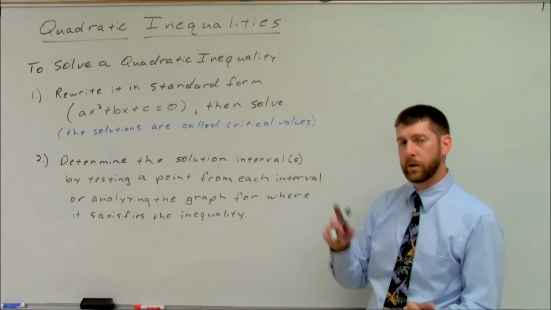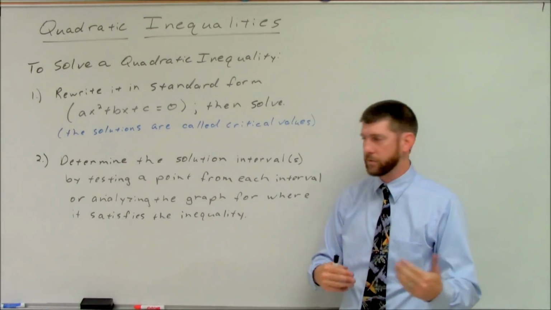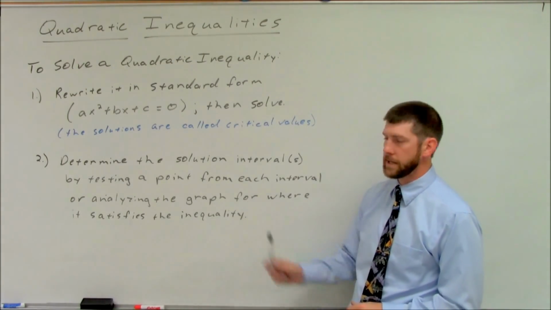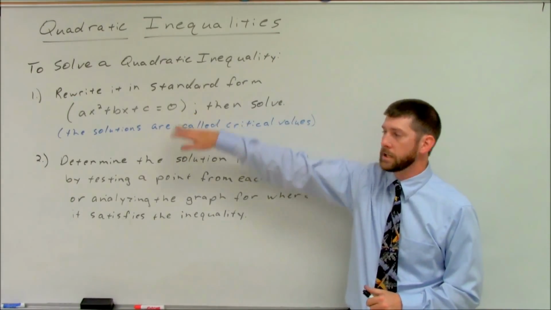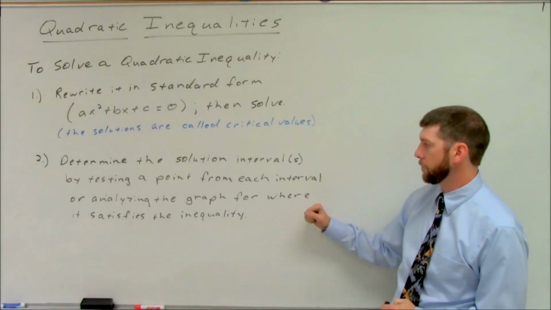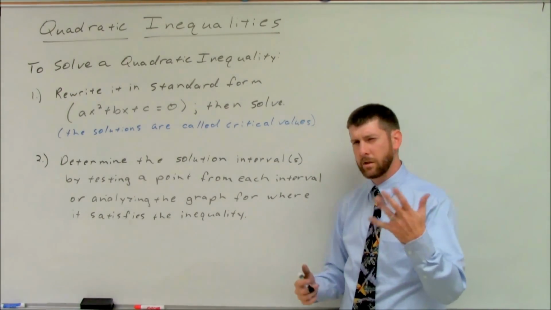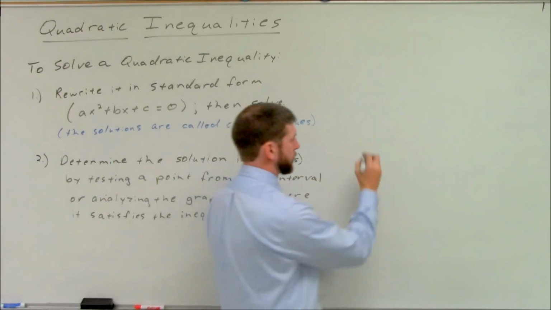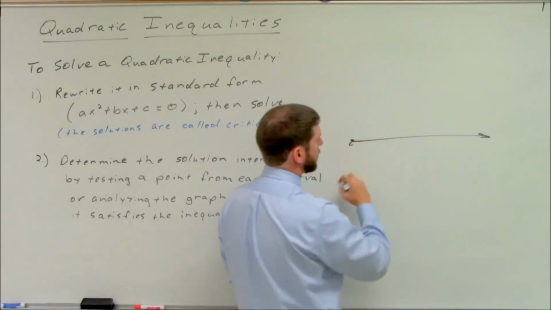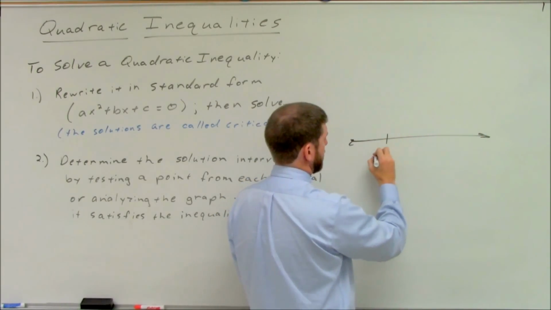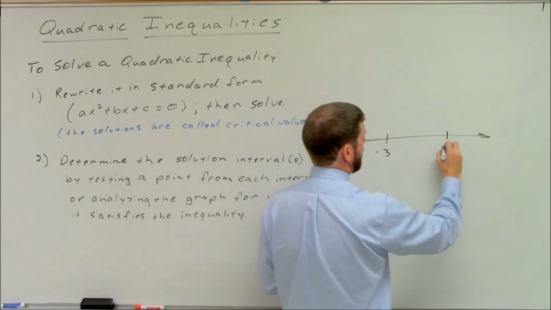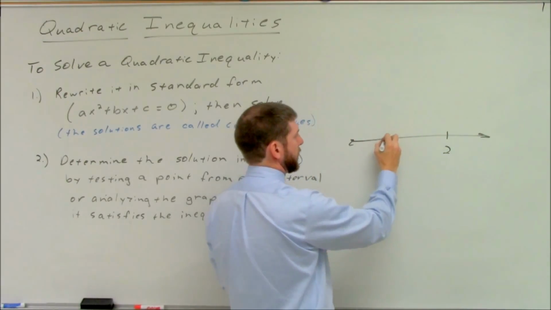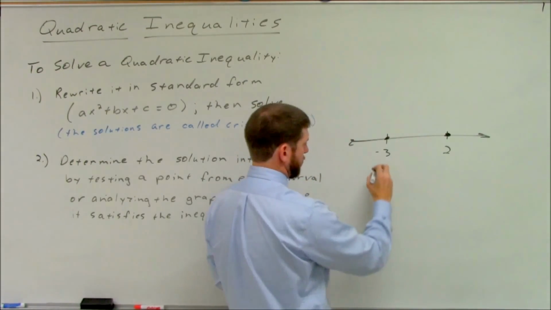Either test a point from each interval to see which one satisfies the inequality, or analyze the graph of this function in standard form to see where it satisfies the inequality. The way it'll work out is I'm going to get a couple of numbers, could be anything, but say I got -3 and +2 as my critical values. So if those were my critical values,